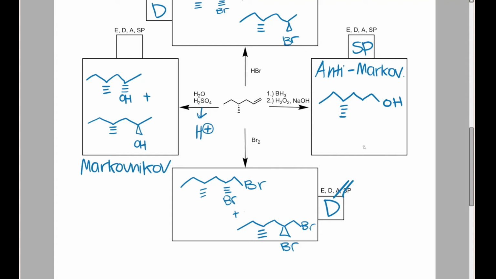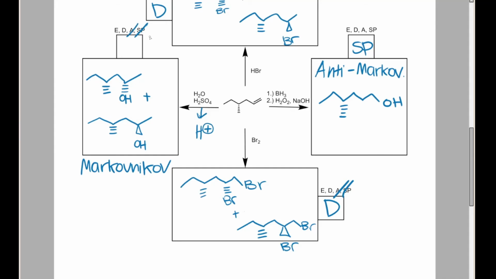And finally, we have to consider whether these are enantiomers, diastereomers, achiral, or a chiral single product. It's obviously not a single product, so we can cross that off. It's obviously not achiral because we see these dashes and wedges in both of these major products, which indicates